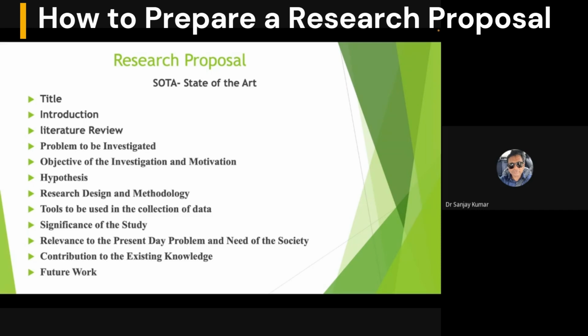It should be very updated, very advanced, and a cutting-edge understanding. As Santosh sir has said, your title should be very attractive and appealing. Then your research proposal should have an introduction, what you are actually going to do, and a research review